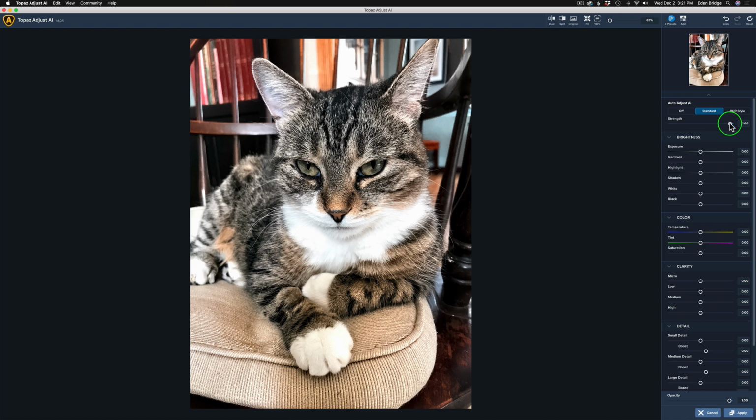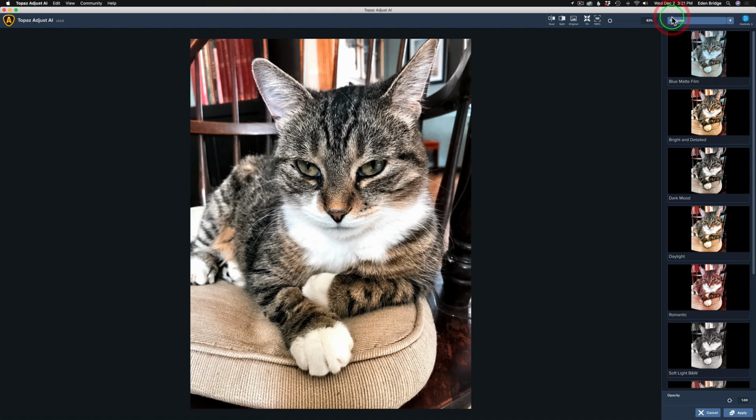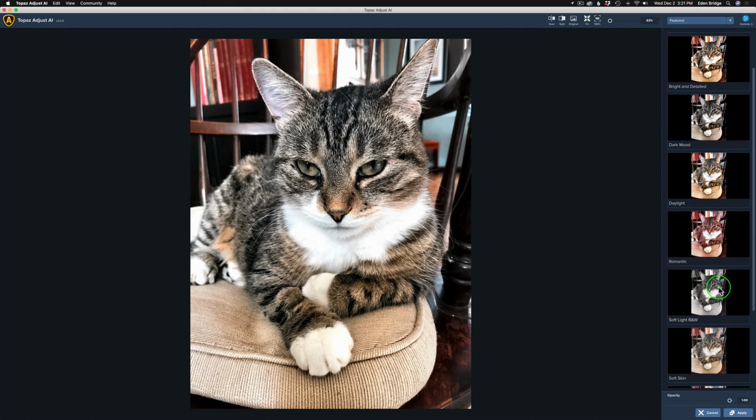Now you have the strength slider here. If you feel that was too strong, you can pull the strength back. Think of it as an opacity slider. It'll just ease off on the effect. You can also go to presets right here. And in presets, you got a bunch of different presets. You know, you might find something here that really